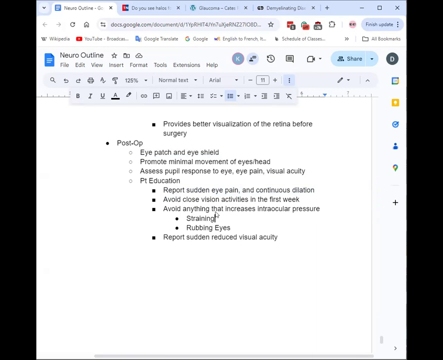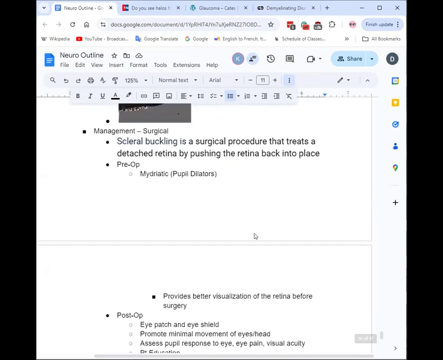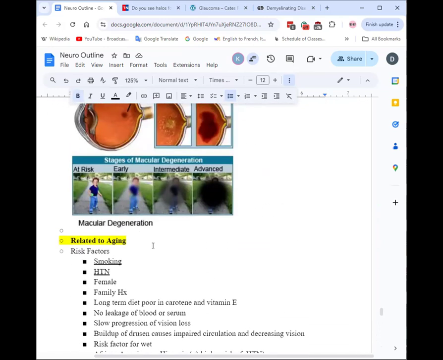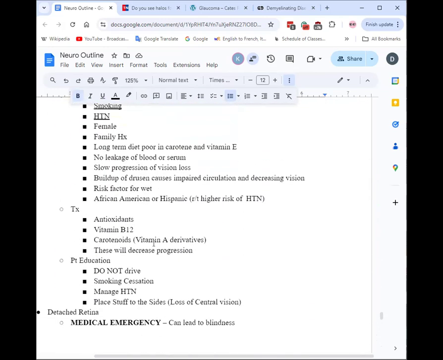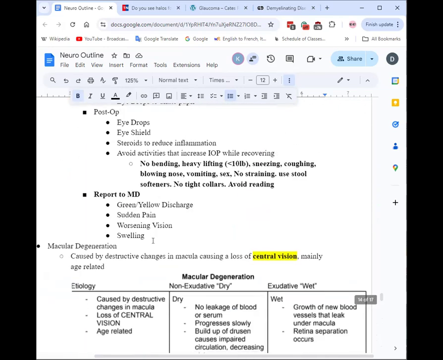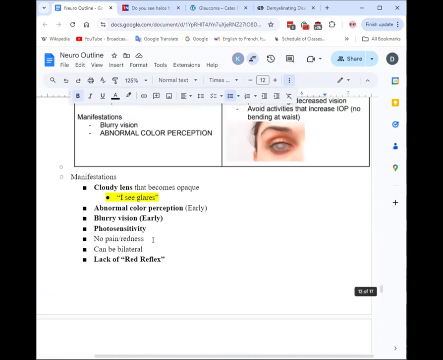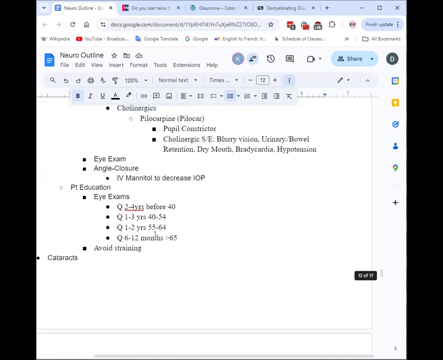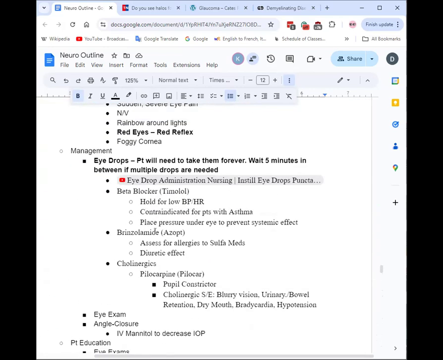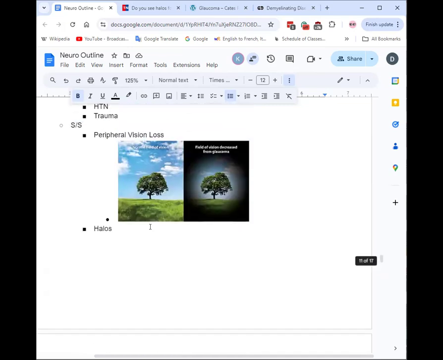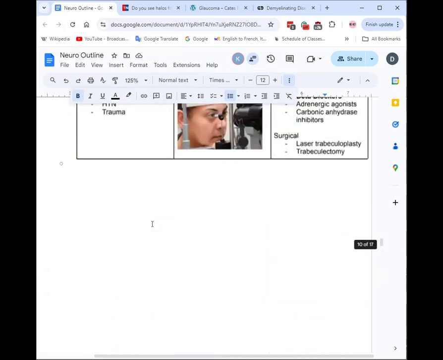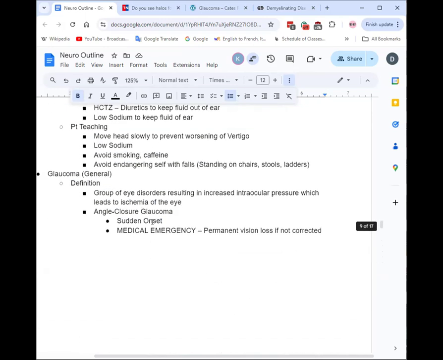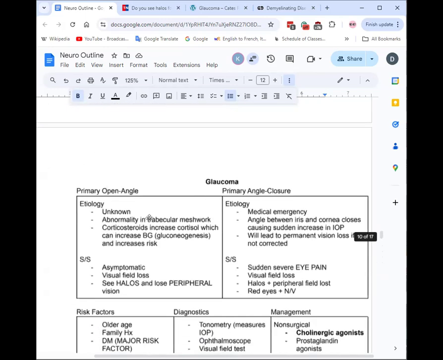The only painful one is closed angle glaucoma. Let's see if that holds up. Painless, okay. This one is also painless. Doesn't really have anything to do with the pain in terms of that. Cataracts doesn't hurt. We know angle closure for sure hurts, and the other one's asymptomatic. And yeah, you're right. Your closed angle is the only one that hurts out of the ones we know.